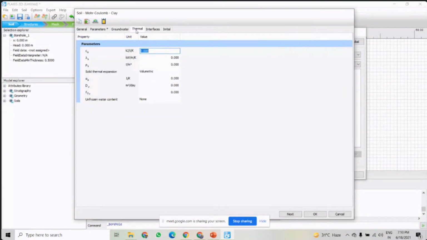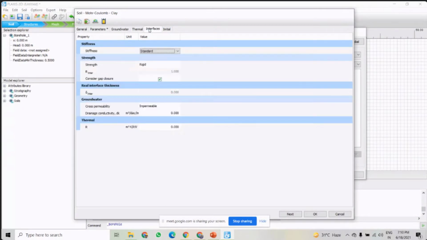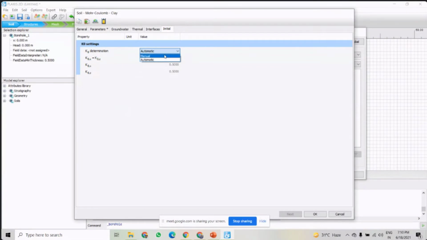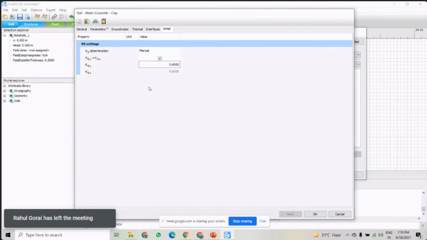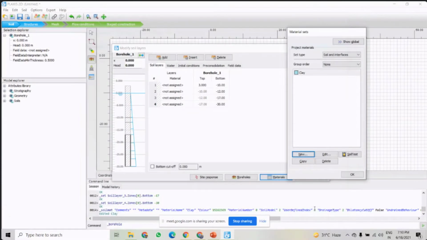Then we move to thermal, with no need to put anything here. Now the interface: this is rigid 1, right? Then initial is set to manual, and the lateral earth pressure coefficient K0 will be 0.6. This is done for clay. We have to do the same for sand.